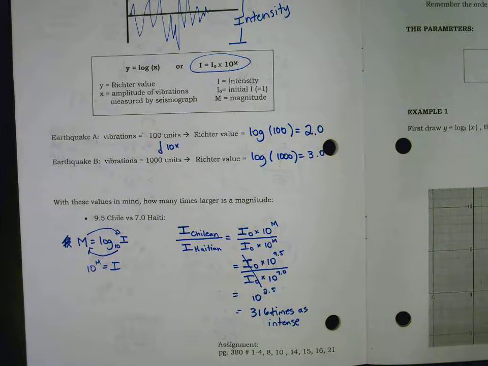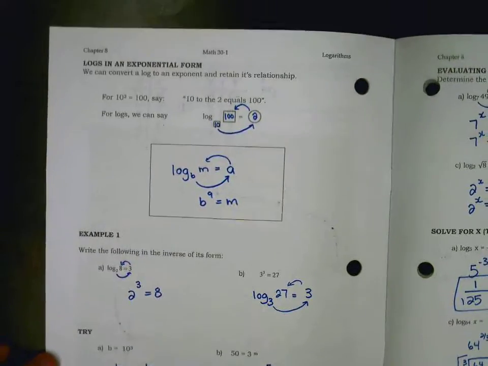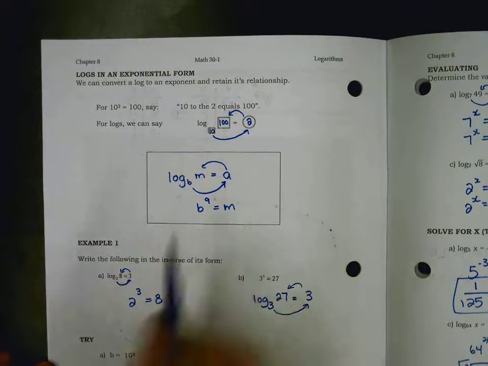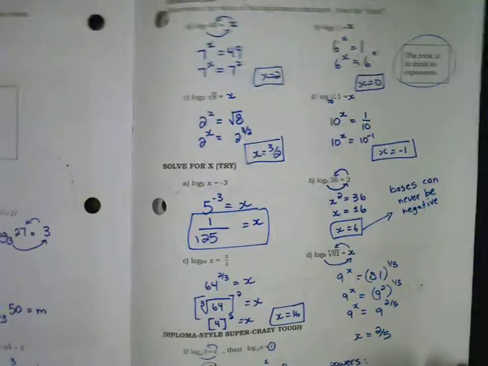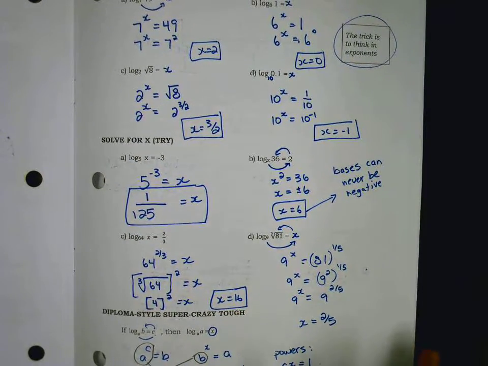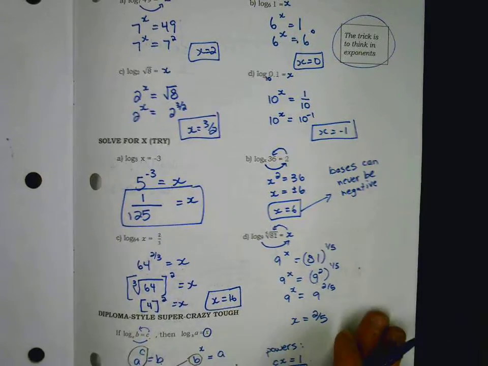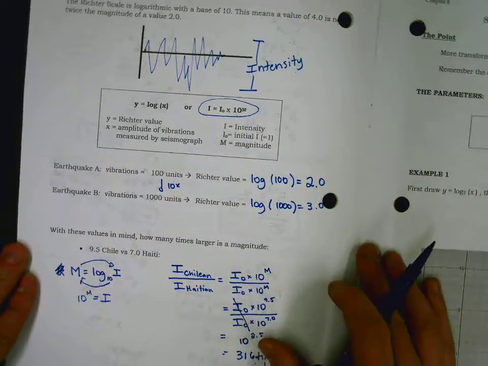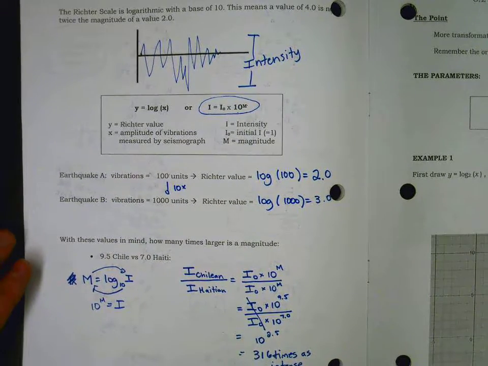So we looked a little bit about what a logarithmic graph looks like. We learned about this thing called the loop, and it compares a logarithmic to an exponential equation form so that we can properly interpret logarithms. And then we did a little bit of evaluating and solving for x, which is really becoming a little bit of a skill. So far, we've only dealt with earthquakes and Richter scale values, but there will be more applications